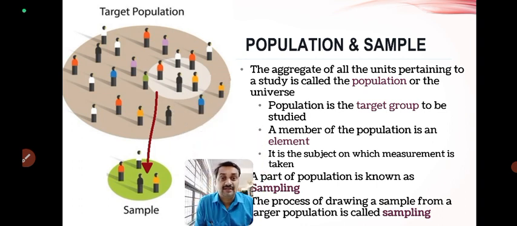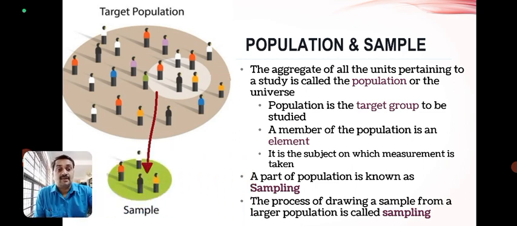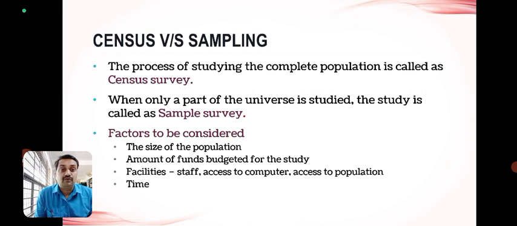In this picture we can understand that the target population is very huge. We are studying a part of it. The process of drawing the sample from the population is called sampling. We need to understand one more thing. If the target group is very small, then we can go for a census study. That means we can cover each and every element in the population. We can go for a census survey,